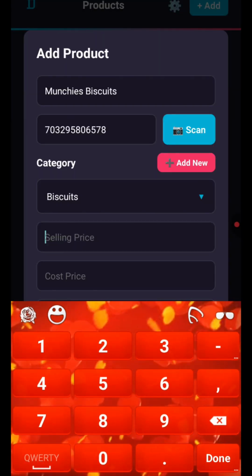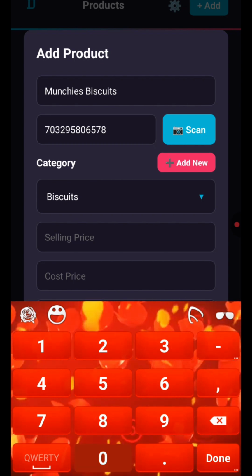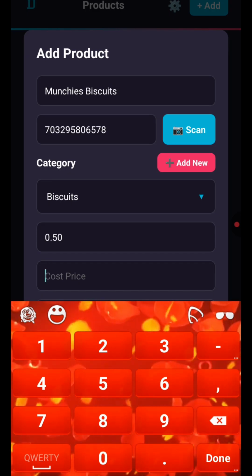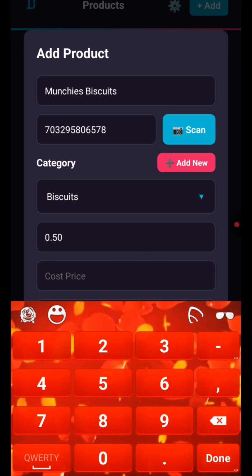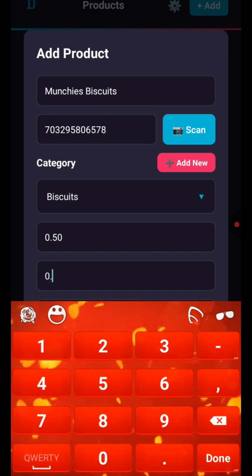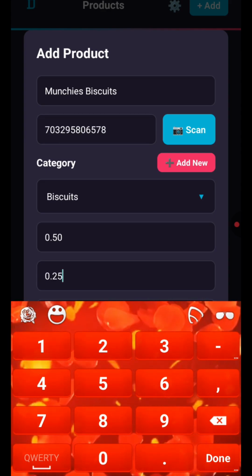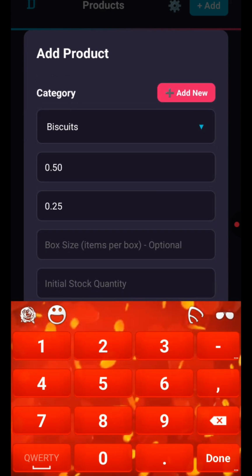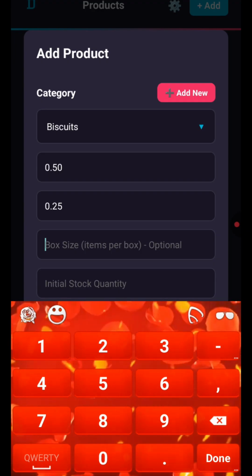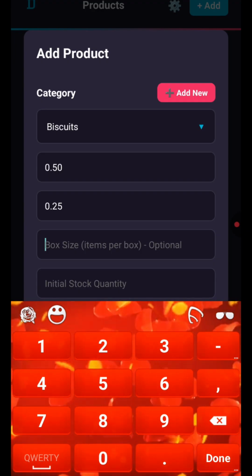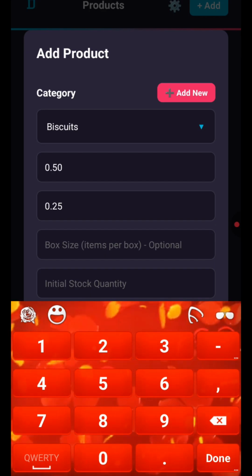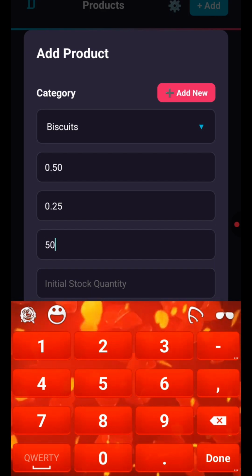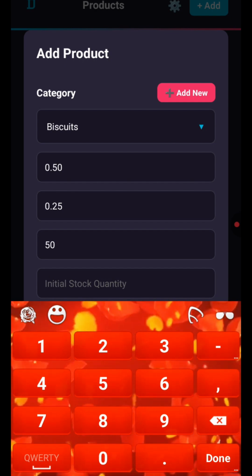Then we say selling price 0.5 cents, and we say the cost price was maybe 25 cents. Then we proceed on to say the box. Let's assume the box has, size of the box, items per box, maybe it was 50. Let's just assume the box has 50, and we have got